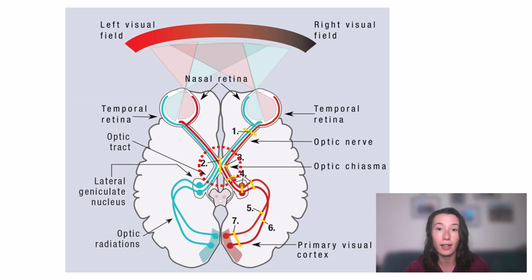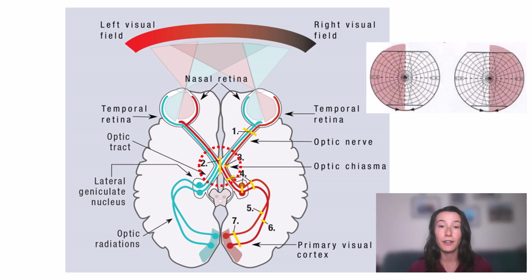Take a look at this schematic of how a patient would essentially view the world if they do have bitemporal hemianopsia. The red suggests that it's a blind spot, so your patient cannot see anything that the red covers. The white suggests that you actually can see something, it's not blind. This is exactly how this person would present. A person would not be able to see anything at the lateral aspect of their field of view. And that's because the medial aspects of our eyes, which receives the contralateral information, aka the lateral field of vision,